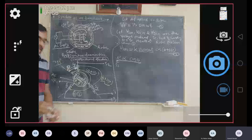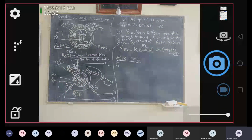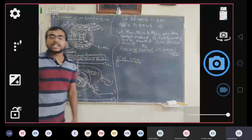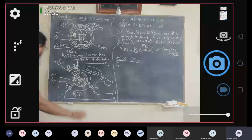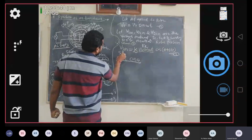So Vs1n is given by K times Vr sin omega t into cos of theta. This Vr sin omega t is nothing but the RMS voltage also. You can also represent it by K times Er cos of theta plus 120 degree, where K is the proportionality constant and Er is the RMS value of the voltage applied to the input of the rotor. So this is the expression for Vs1n. Similarly, tell me the expression for